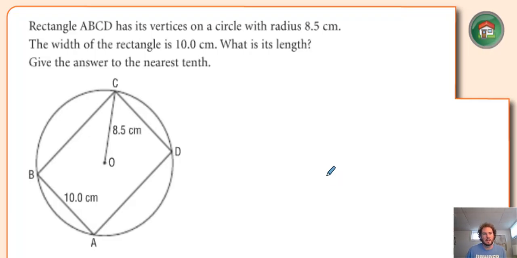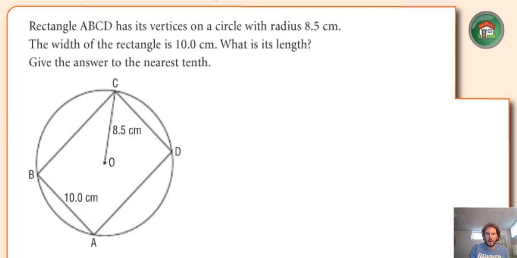Rectangle ABCD has its vertices on a circle with radius 8.5. So from the center to any of the corners of our rectangle is 8.5 centimeters. The width of the rectangle is 10 centimeters. What is the length? So this is one of those questions where it might seem like, okay, well, I don't really know where to